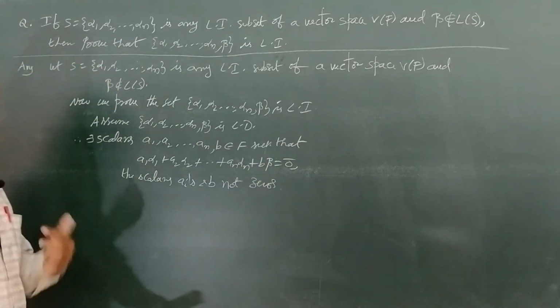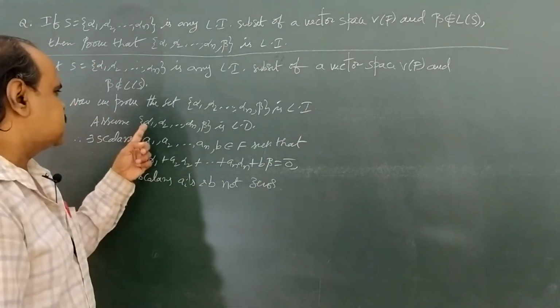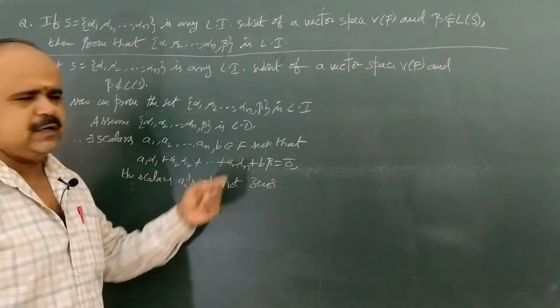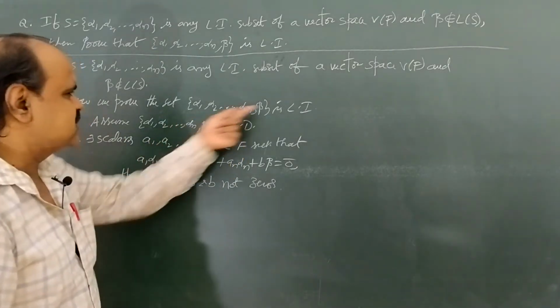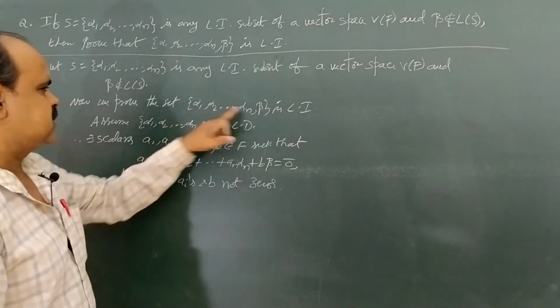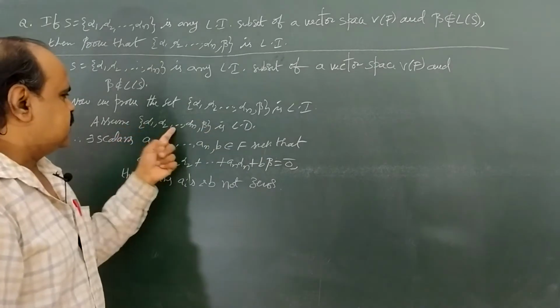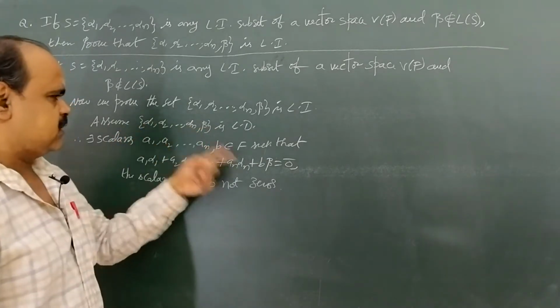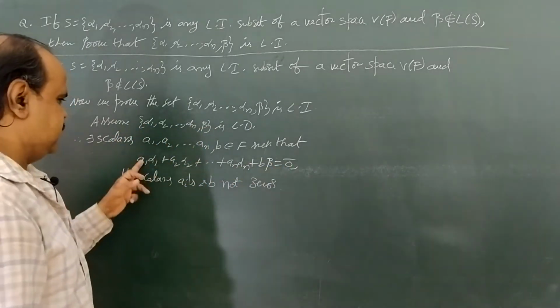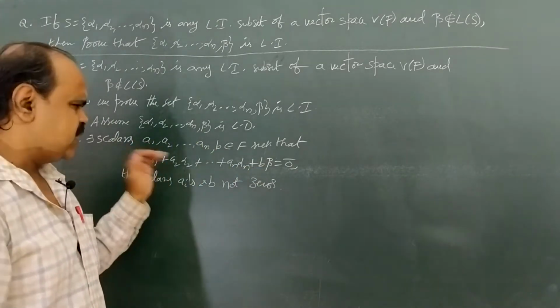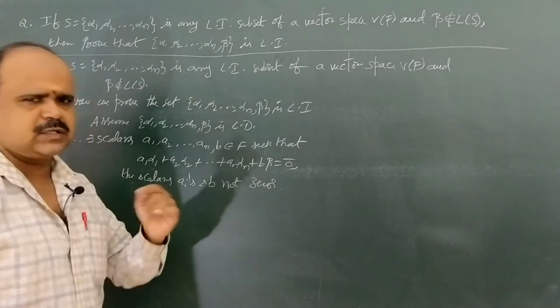Since here we are assuming that the set alpha 1, alpha 2 and alpha n, comma beta totally is linearly dependent. Basically we are going to prove this set is LI. Basically what we should do is show this set is LI, but we are assuming it is LD. So since it is LD, the linear combination of these vectors is 0, but all the scalars a1, a2 and so on an, comma b are not all zeros. There must be at least one non-zero scalar.